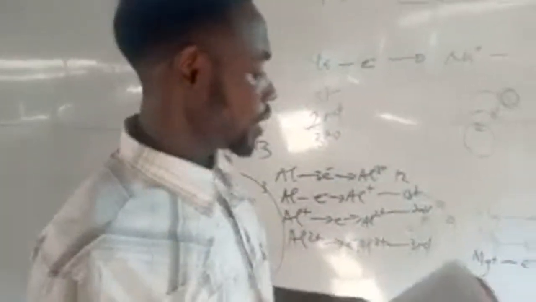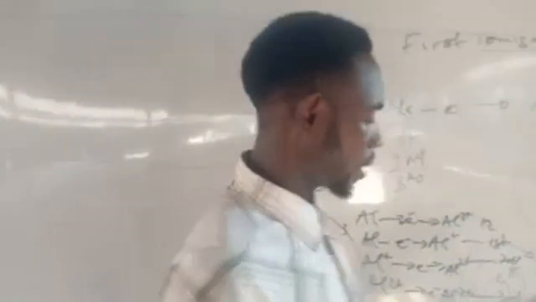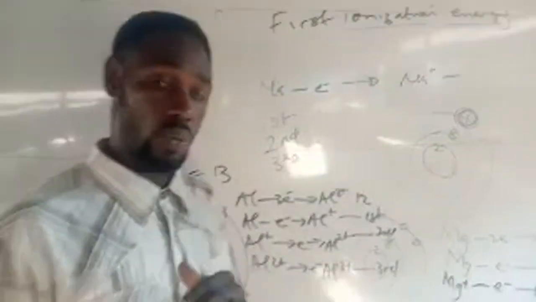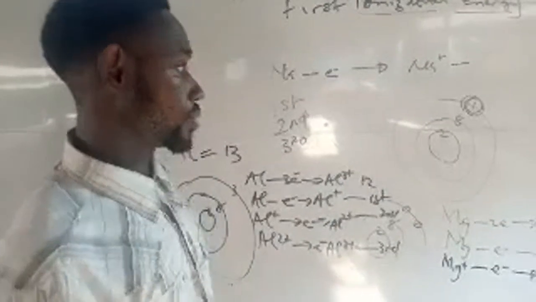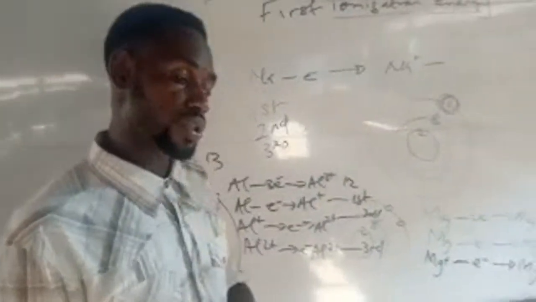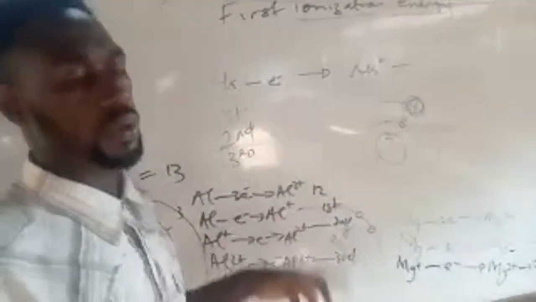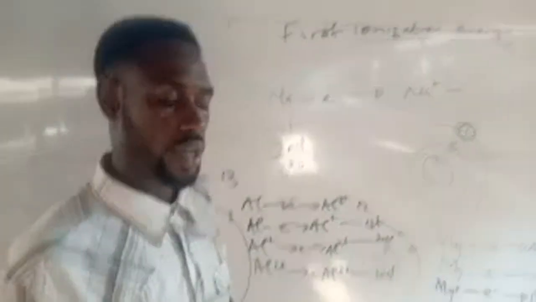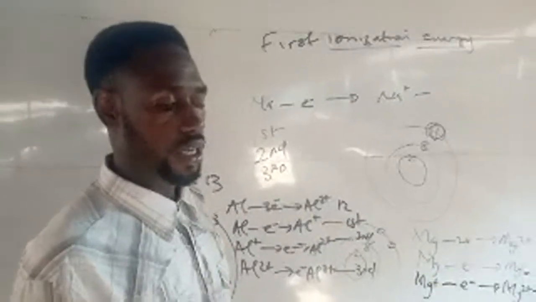Now, the next question says they told us to list 3 properties of electrovalent compounds. This is very easy. I'll be going straight. It is only your questions that can call me back. So if you sit back there, I wouldn't know what else to do. Remember, you can bring your questions within what I'm teaching or outside what I'm teaching, as far as it is in chemistry. Bring that question that disturbs you. All I know is that together we'll do it. This forthcoming examination is already a success.